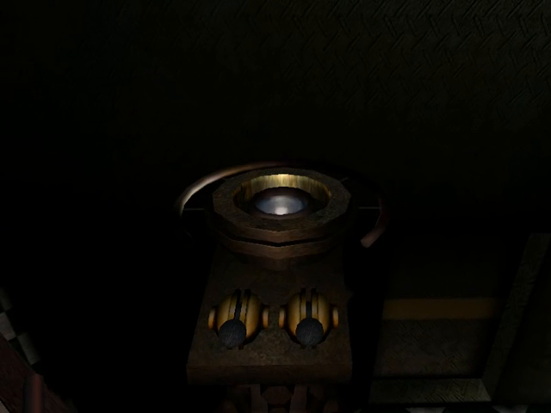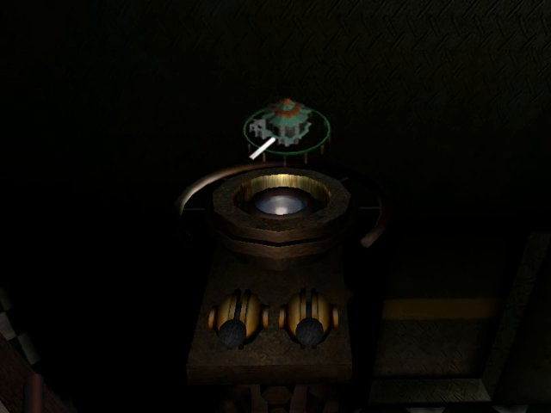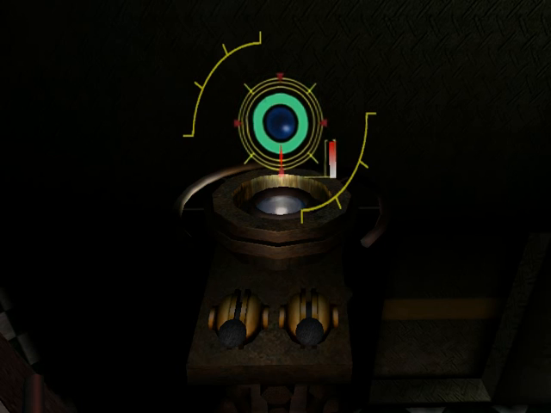What's this fun little gadget do? Fortress Rotation Simulator. Well, what am I doing with this thing? I could make that meter go up and down a little tiny bit, but... Oh yes, this is a timing puzzle, because you've got a little meter now, but you won't have it later. And it's just kind of showing you how it works. So to work the fortress rotation,